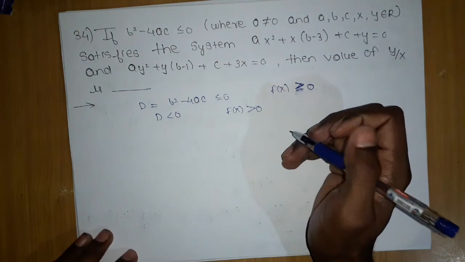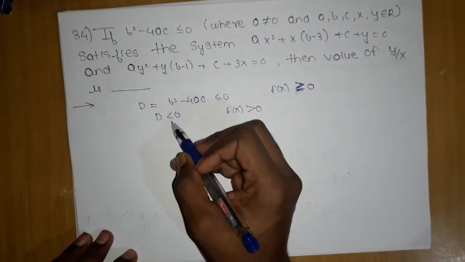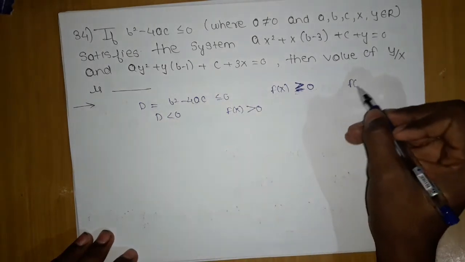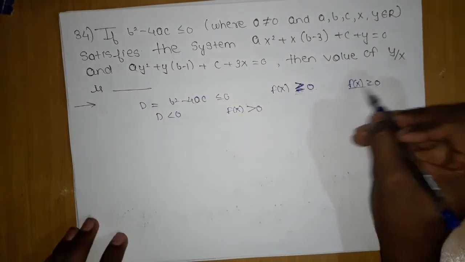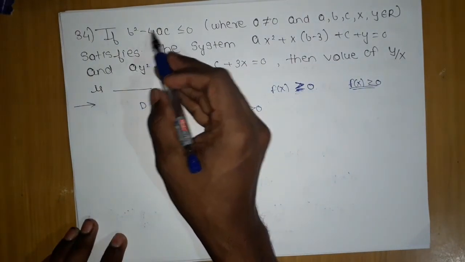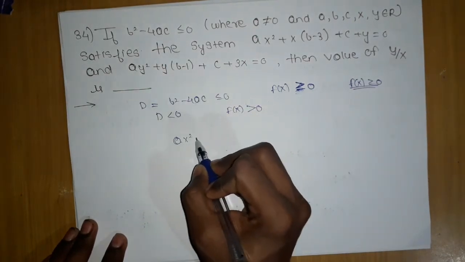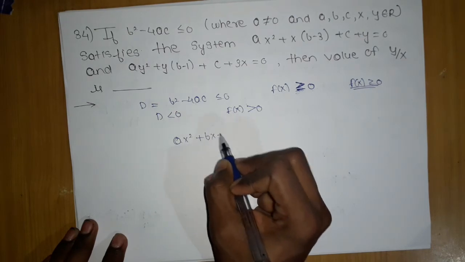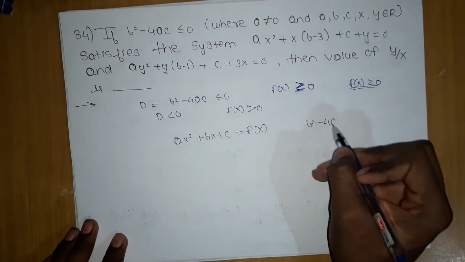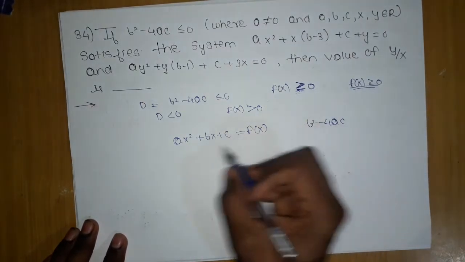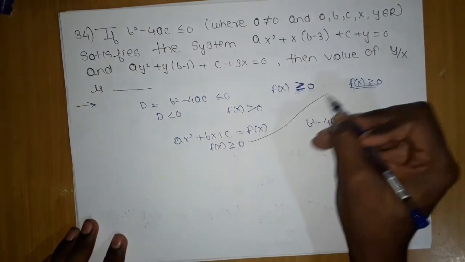So I made you understand the difference between this and this. But here f of x will be greater than or equal to 0, because this is less than or equal to 0. Now we are done with that. Now whose d is this? If we have solved so many problems, we can tell it is ax square plus bx plus c if it is f of x. Then its d will be b square minus 4ac. So this function f of x will be greater than or equal to 0 from this condition.